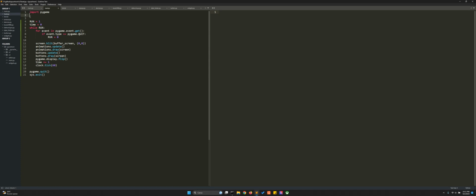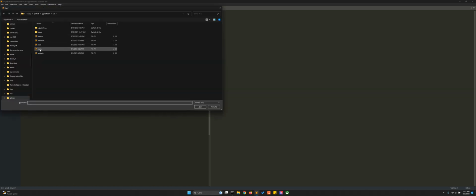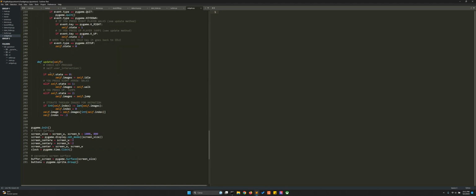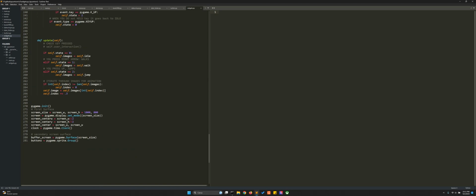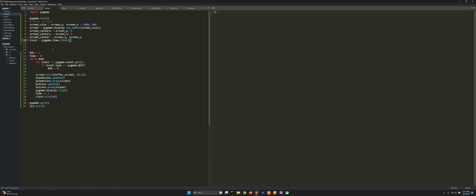So we also need to have, as usual, we need to define the screen. Let me take it from here. The screen with the sides and the clock. Let's copy also some variables to hold the value of the center of the screen, and the pygame init too. Let's copy it in here,